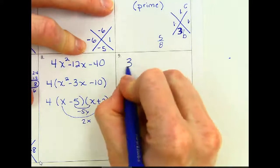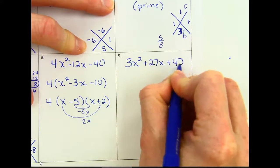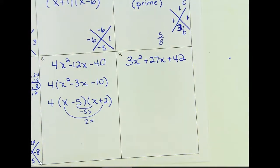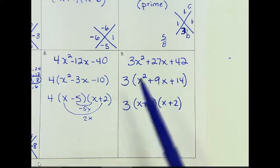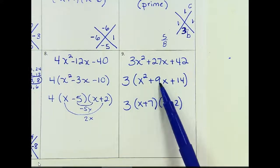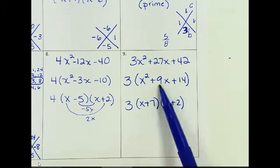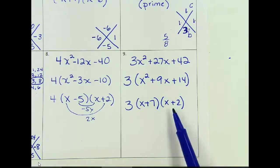Okay, let's wrap this up with question 9. You have a 3x squared plus 27x plus 42. Pause the video, try that one. Okay, look at my work. We have a 3 on the outside, and x squared plus 9x plus 14. 14 broke down with a 7 and a 2. They both add to give me 9. There it is. So that concludes this lesson with factoring a trinomial when a